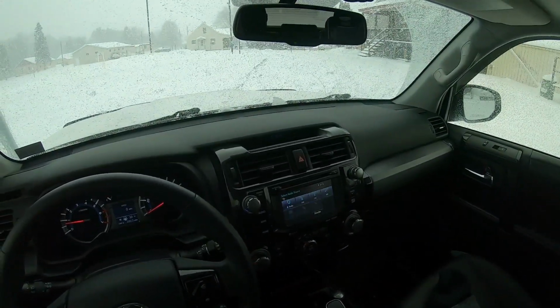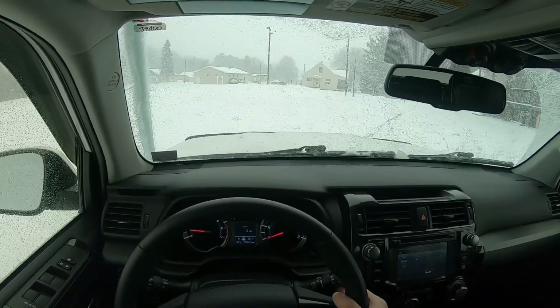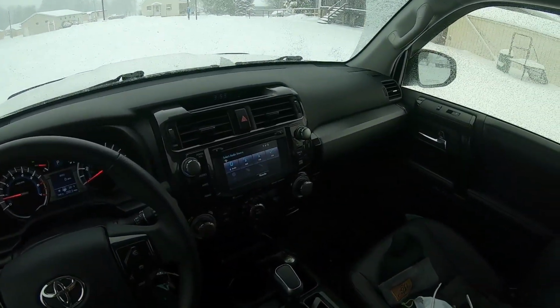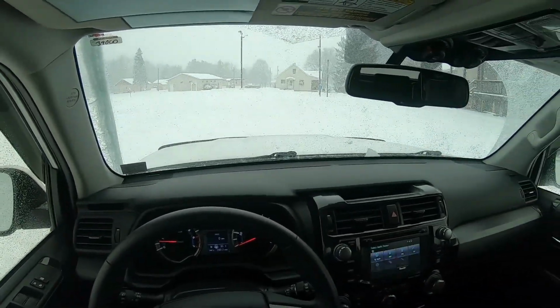2018 Toyota 4Runner TRD Off Road. We're gonna do some snow driving. Hopefully I have the good angle for you. So I've been searching YouTube trying to see these things driving in the snow on streets. There's plenty of videos of them doing